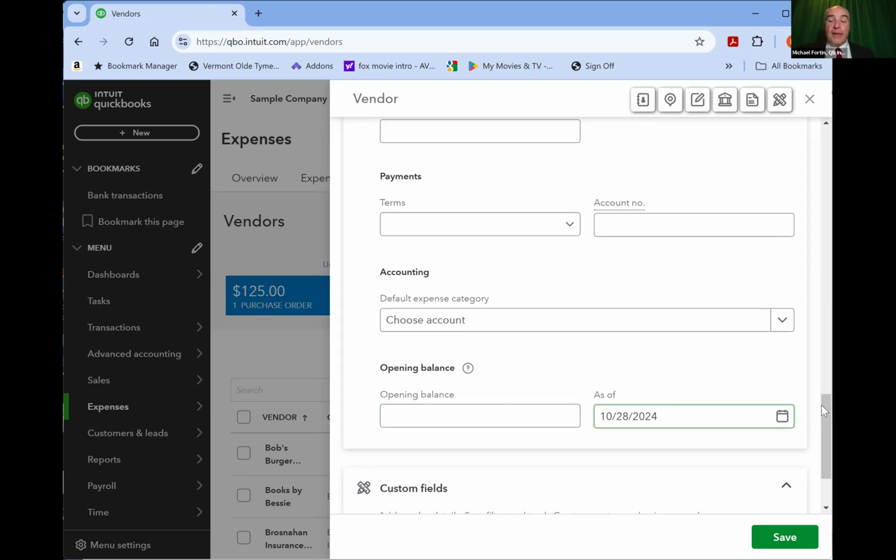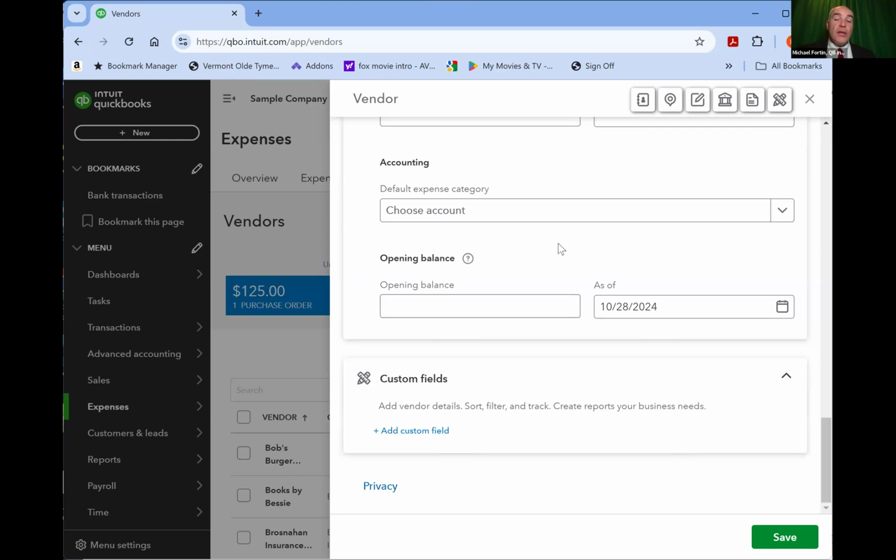There's also an opening balance field. The opening balance is only used when you are converting to QuickBooks for an existing company that's used some other accounting system. So if you're using an Excel spreadsheet, for example, and you're tracking all of the balances that you owe to different vendors, and on November 1st, you have decided to convert over to QuickBooks Online, you can use the opening balance field to bring the amount you owe that vendor into QuickBooks so you can begin tracking it using the QuickBooks payable feature.